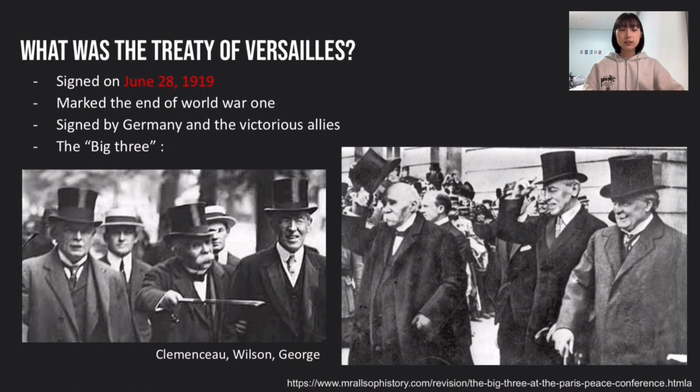The Treaty of Versailles is the treaty that marked the official end of World War I, and it was signed by Germany and the Allied nations on June 28, 1919. Just giving you a bit of background knowledge on the First World War, it was a bid by the Central Powers such as Germany, Austria-Hungary, Turkey, and Bulgaria to dominate Europe. In 1918, the Allies won the war against these Central Powers, and this led to the signing of the Treaty